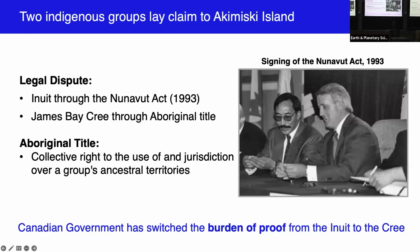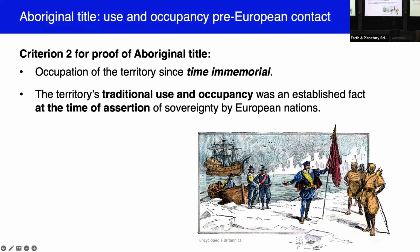However, through its inaction, the Canadian government switched the burden of proof from the Inuit to the Cree. So it behooves the Cree then to prove accordance with the 6 criteria for the common law test of Aboriginal title. And what remained to be proven at the time when I was brought on board was accordance with criterion 2, which is that the occupation of the territory was sufficient to be established since time immemorial, which is traditional use and occupancy was an established fact at the time of assertion of sovereignty by European nations. So for the common law test then, the Cree had to prove use and occupancy pre-European contact, about 400 years